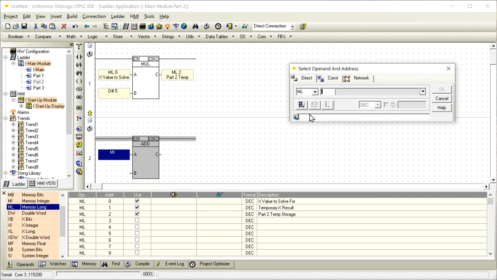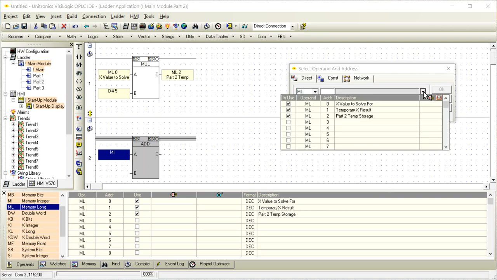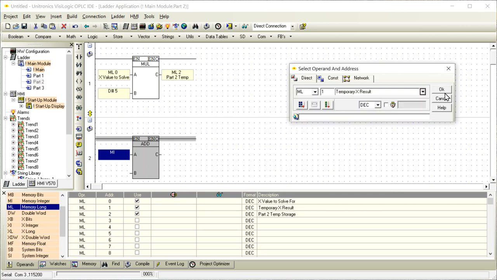So memory long, if I forget what I've used or created so far, I have that temporary x result from part 1. That's the one thing I'm going to choose, and now it wants me to choose the other number I want to add, and that's ML2. I can see that right up here. My temporary storage from here, I add those two values together because I'm doing plus 5x,